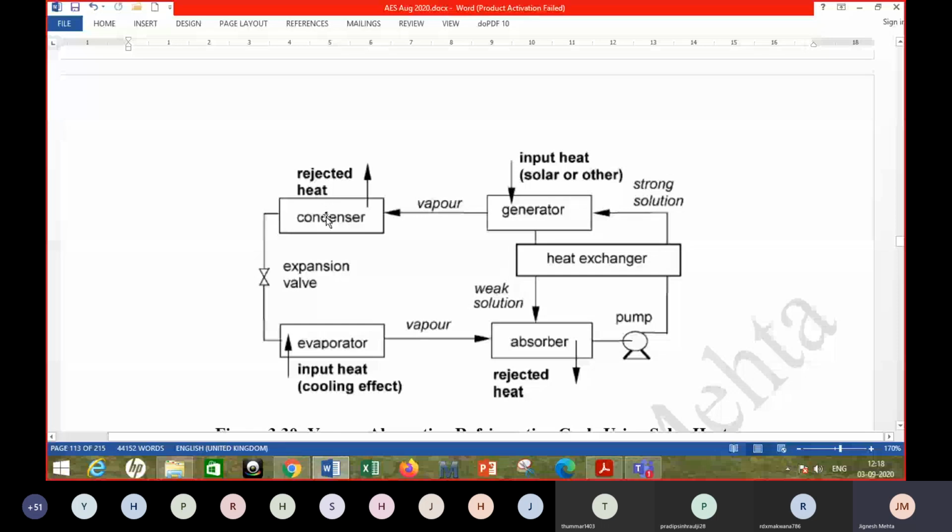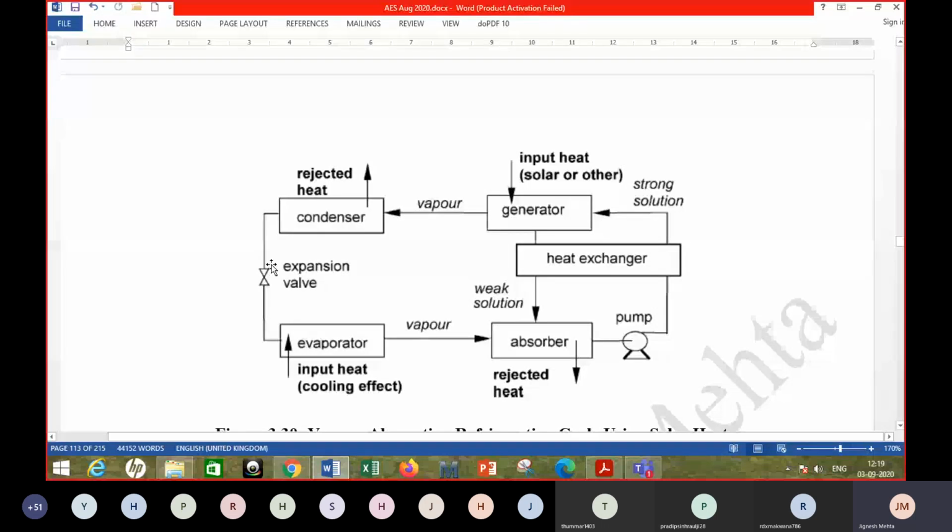Then there is an expansion valve, or there is a capillary tube there, which reduces the pressure. And when it reduces the pressure, the temperature also reduces along with that. So low temperature, low pressure refrigerant, most of it in liquid form. Some part has converted into vapor form due to the pressure drop or flashing.